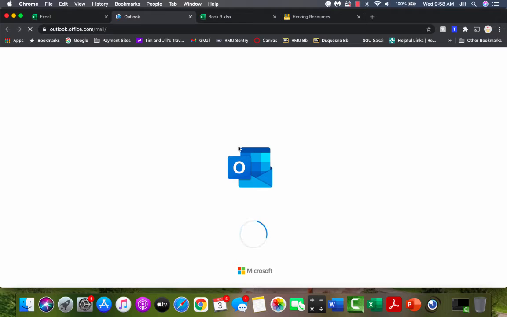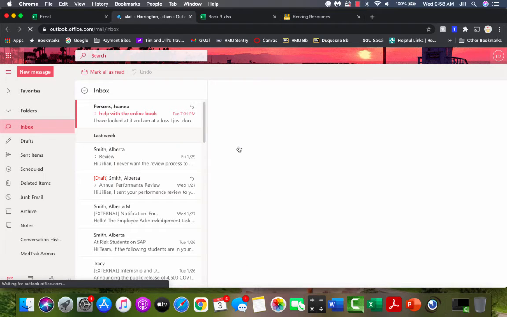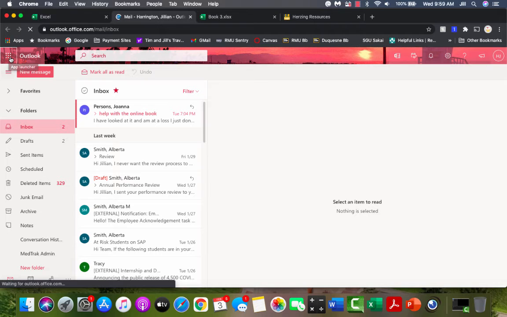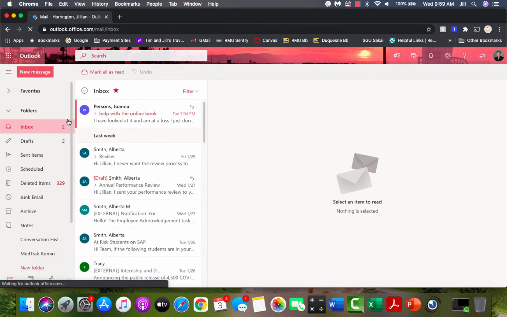So if you were to go into here, sorry, it's loading. Go into here and again click on those up here in the corner. There's nine dots. I don't know why it's being so slow today. Perhaps because I just have too many things open here. There. So if you click on the nine dots, it will come up and you can just click Excel, or